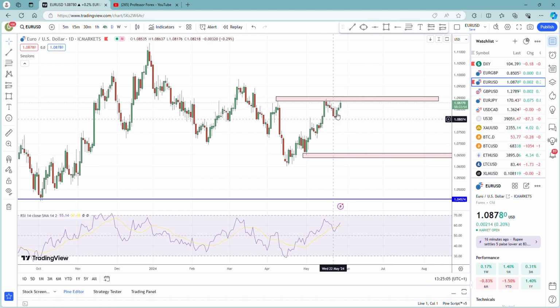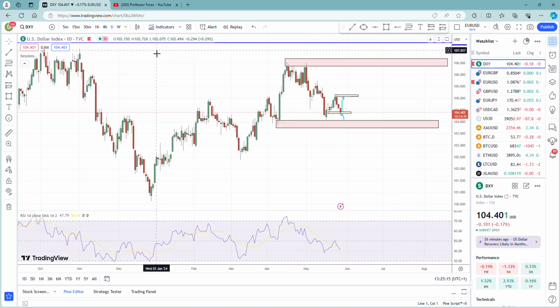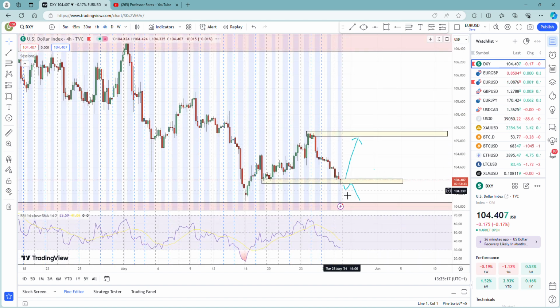So it looks as though it's formed a double top formation. It's currently at a resistance. We can expect price to reverse from this level, a potential reversal, because remember, the DXY is at support, well, potentially at support. It could retrace a bit further down to the daily, but it is a case where it could go up,